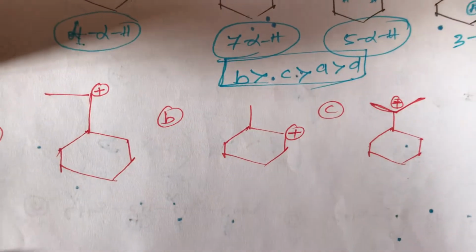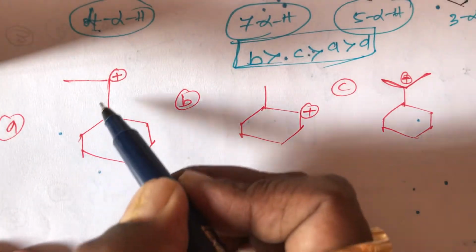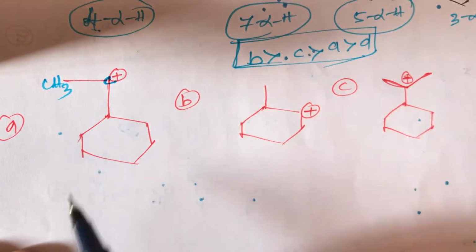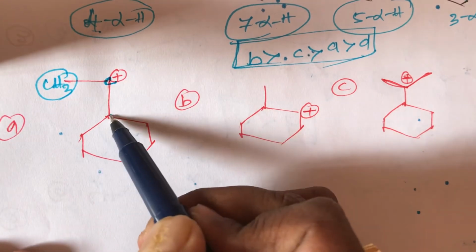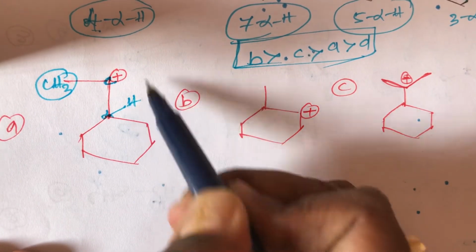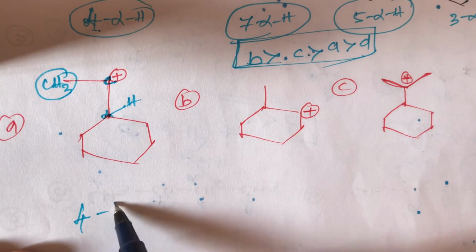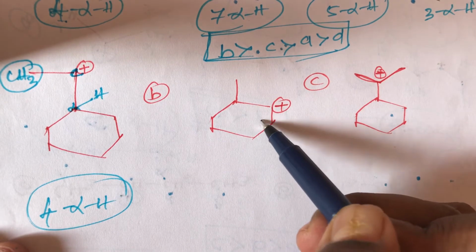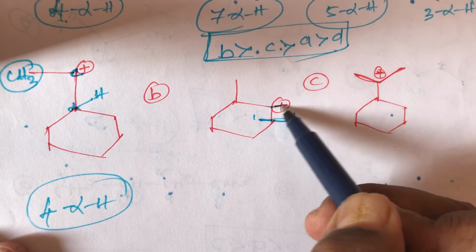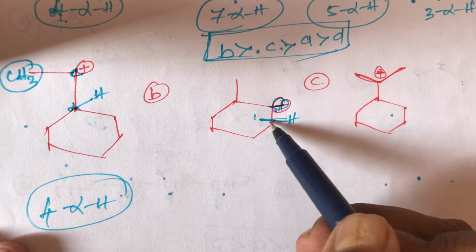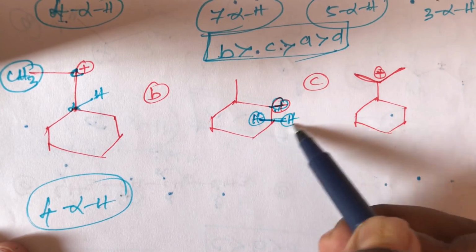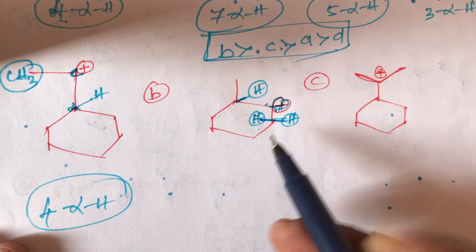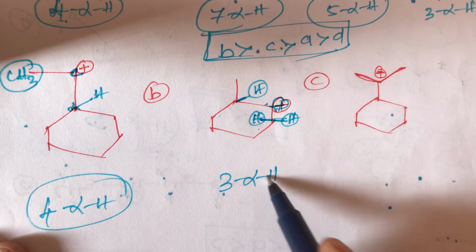And one more example, student. Here the first is also a secondary carbocation. On its left-hand side is an alpha carbon with 3 hydrogens, and beside this is also an alpha carbon. So in the first compound only 4 alpha hydrogens. What about the second compound? Here 2 alpha hydrogens, this is also a secondary carbocation, and beside it is a tertiary carbon with only 1 alpha hydrogen. Total in this B compound only 3 alpha hydrogens are present.